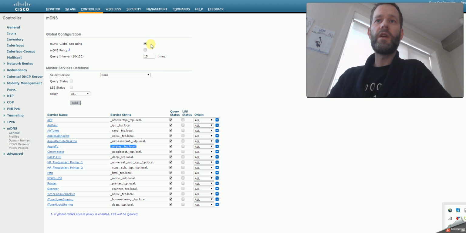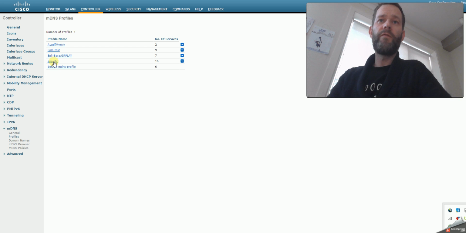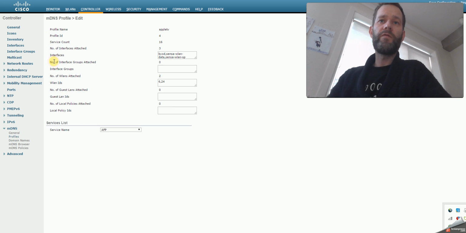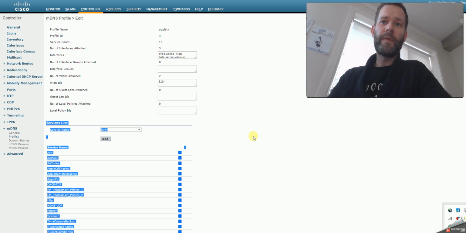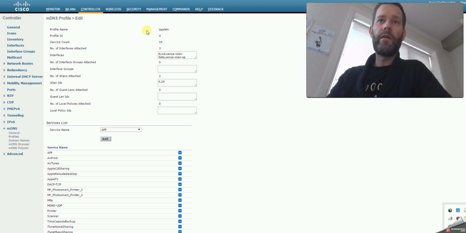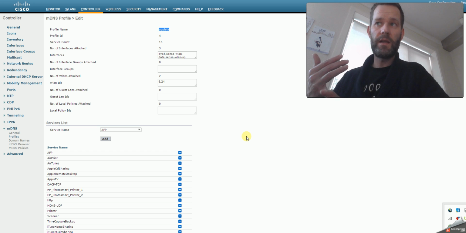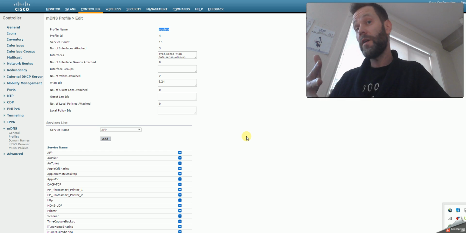In this case we'll just get mDNS snooping going, and under the profiles we'll need to configure a set of service strings that I showed you earlier. You see here that I have a profile named Apple TV. This is under profiles. I have gathered there which services I want to enable on this profile. This profile will then be applied to an interface, that is an SSID, WLAN, or interface VLAN